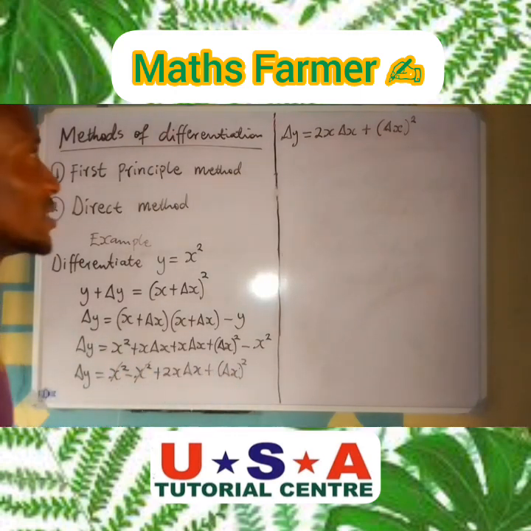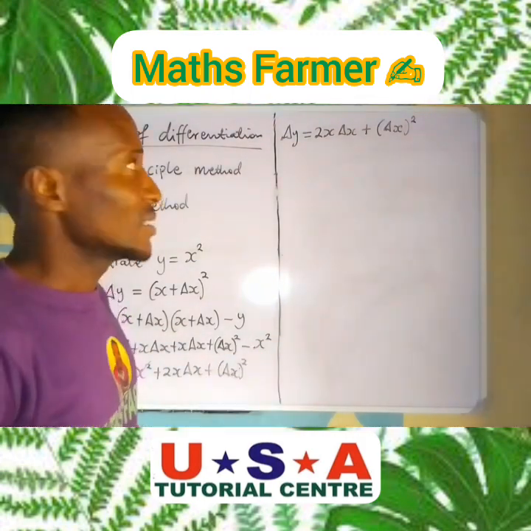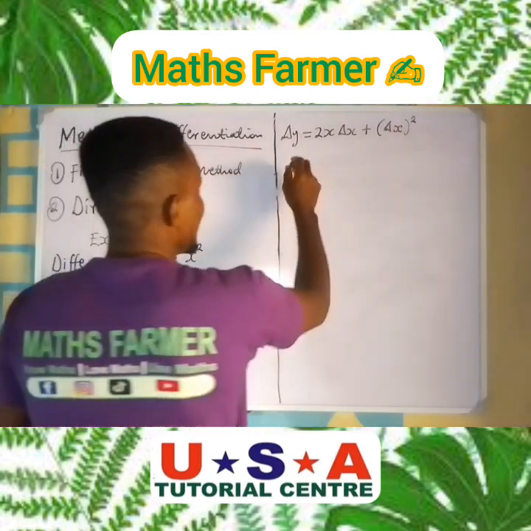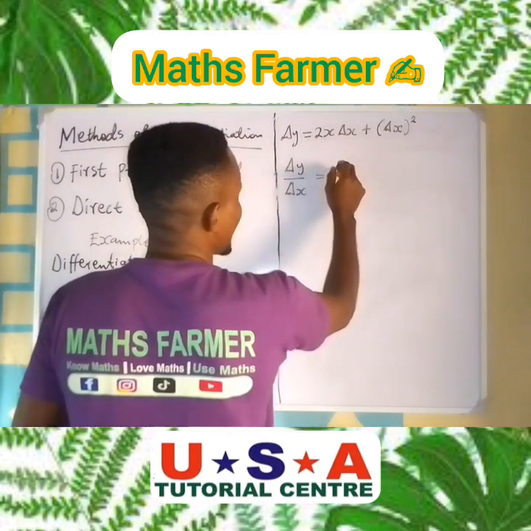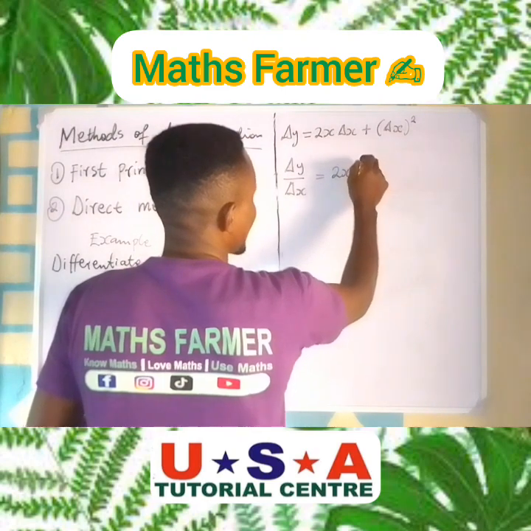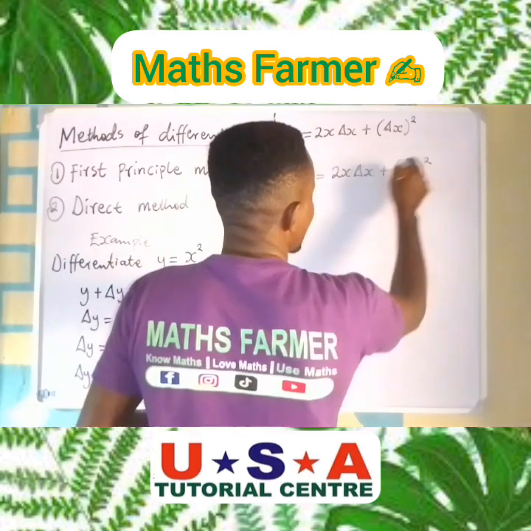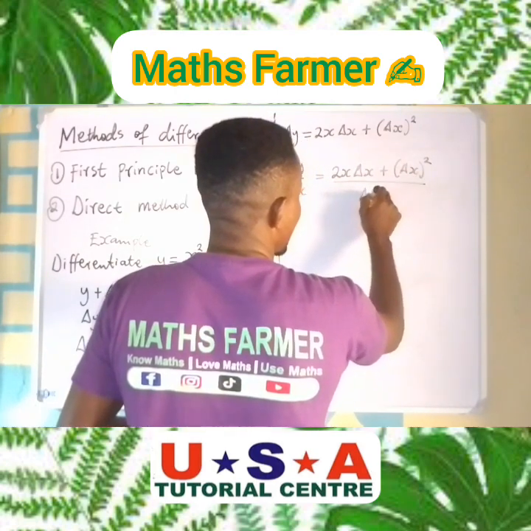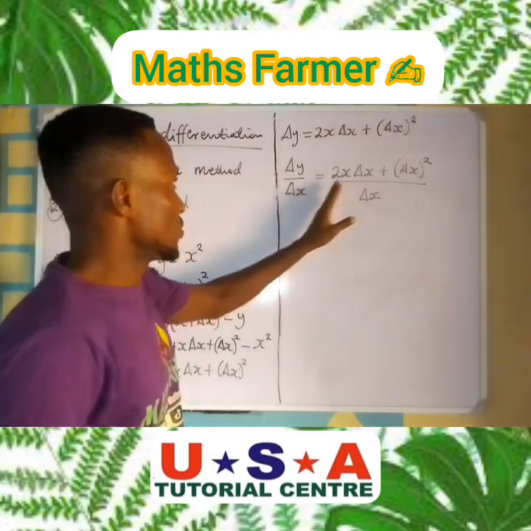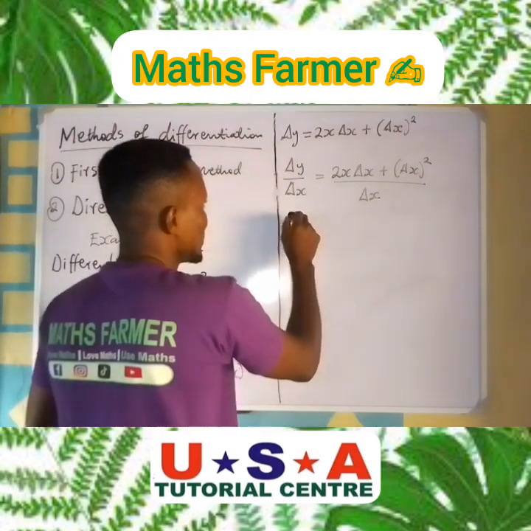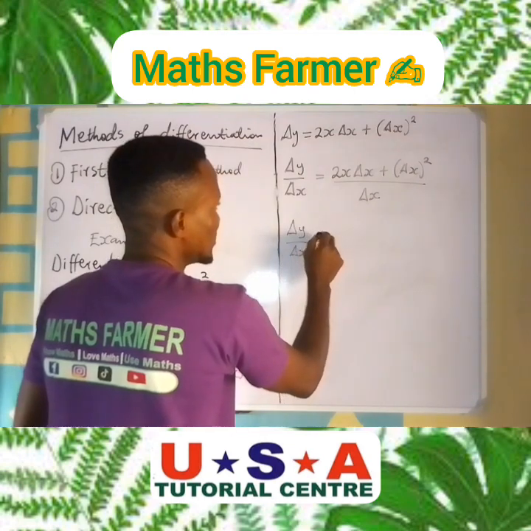Now, the next step said divide both sides of the equation by delta x. Divide here by delta x, and this side by delta x. Can you see it here? Yes, I'll divide both sides of the equation by delta x. So what we have here is delta y all over delta x is equal to